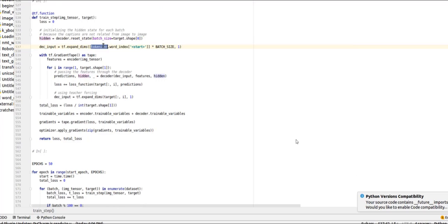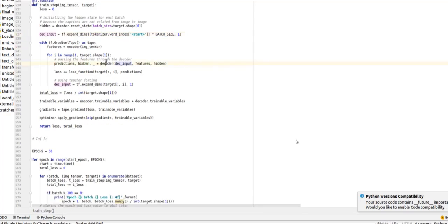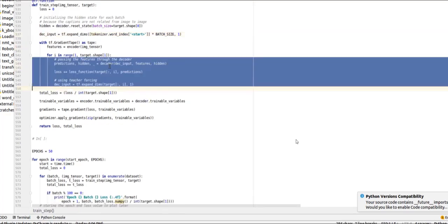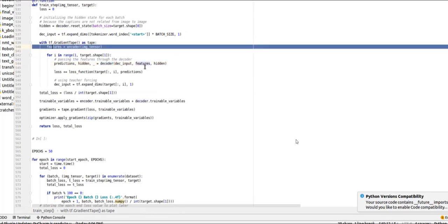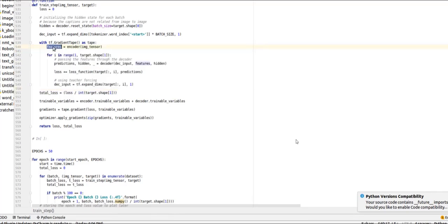Then we use the decoded input where the caption is stored. Then the image tensor encodes the image and generates the high dimensional features. Those features are further fed to the decoder part.